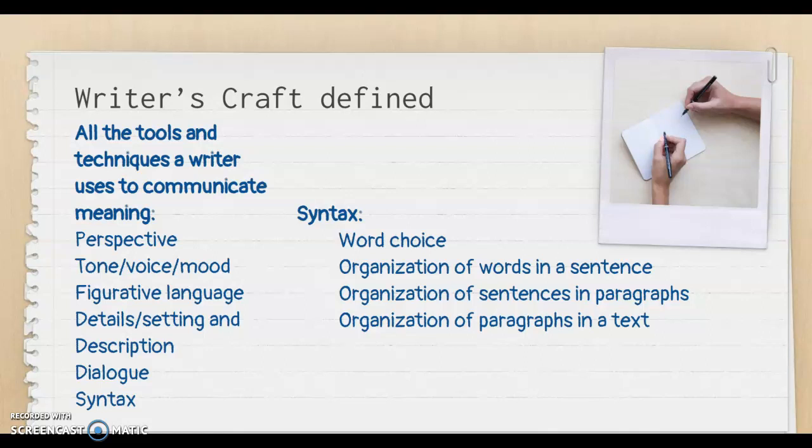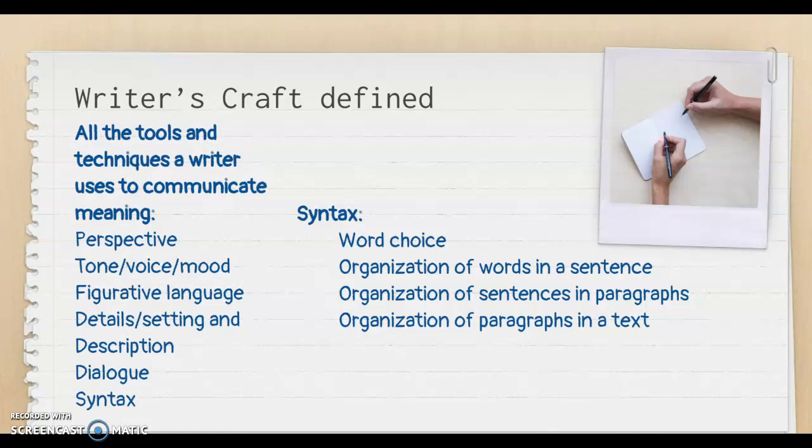Figurative language is going to include all kinds of things like imagery, simile, metaphor, hyperbole, which is exaggeration, understatement, overstatement, repetition. So those kinds of tools help readers show us a story. Details and setting, and that includes more than just place, but it can also include time. We look at description, particularly the detailed description, and then dialogue, words that people say rather than he told me